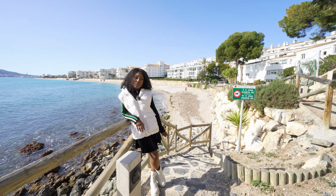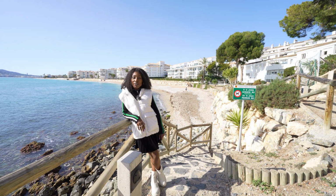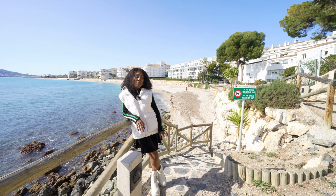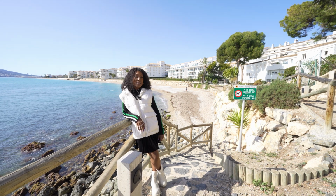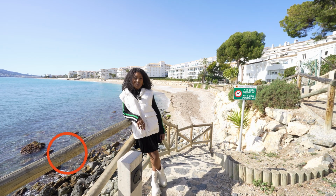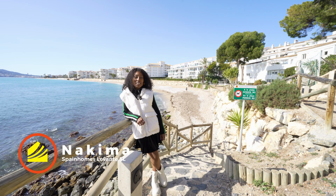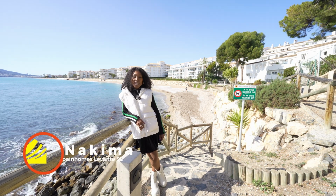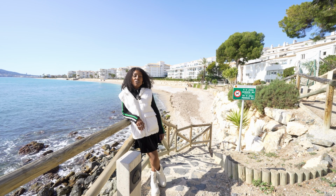Enjoying the fantastic view of this beautiful beach, Cap Negret, I'm going to be giving you the nitty-gritty. As a few determining factors have not been decided with the property, the finer details are going to be on our description on our website, which will be the EB, the property tax, also the community fee, the refuse, and also the specifications that are included with the home. You can find that on